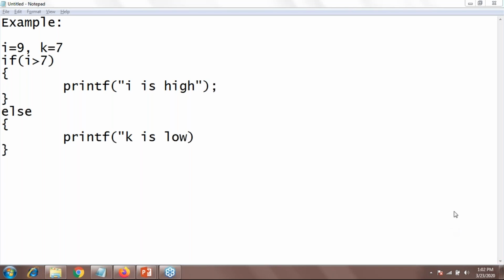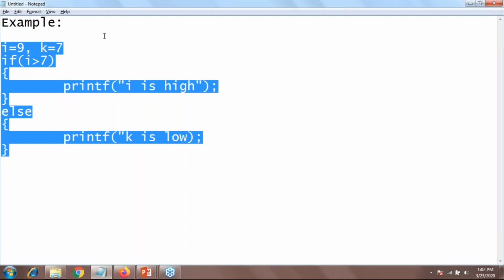There is one question: dead code is not needed, while unreachable code is not executed. Yes, you can say that.